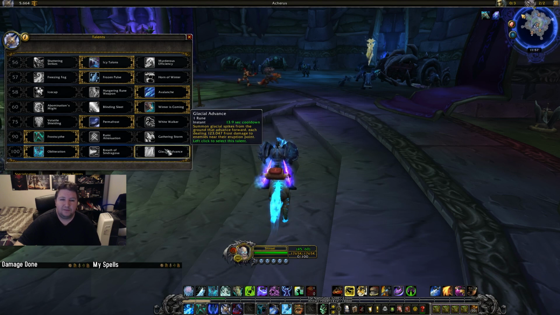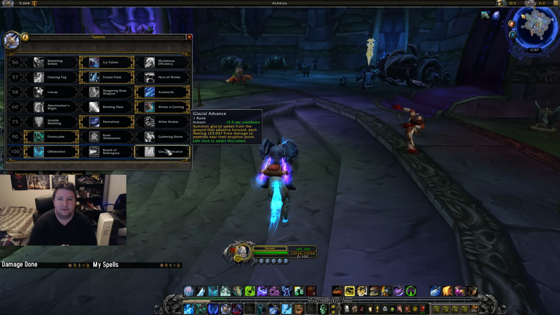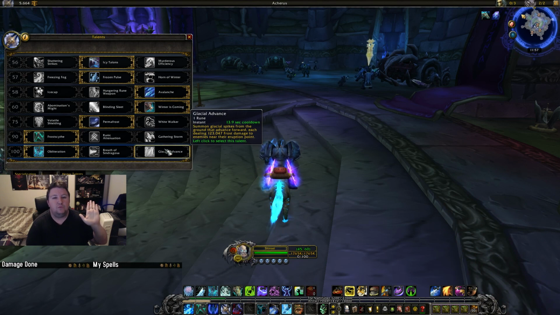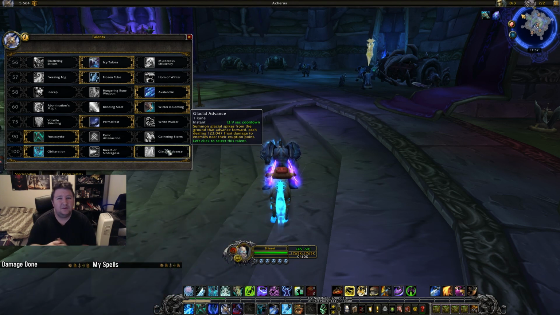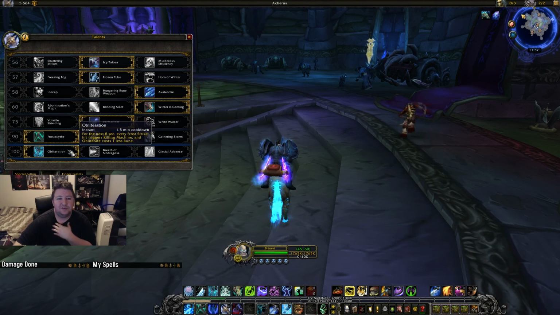But the thing is that Glacial Advance is really, really good if you're going strictly AoE, and I'm talking strictly AoE. If you're in a group and they're like, okay, you're the AoE guy, we don't care if you do bad damage on the boss, we need you full AoE, Glacial Advance is the way to go for that. It's definitely a good choice, even if you're not going full AoE, but Obliteration just helps a lot,